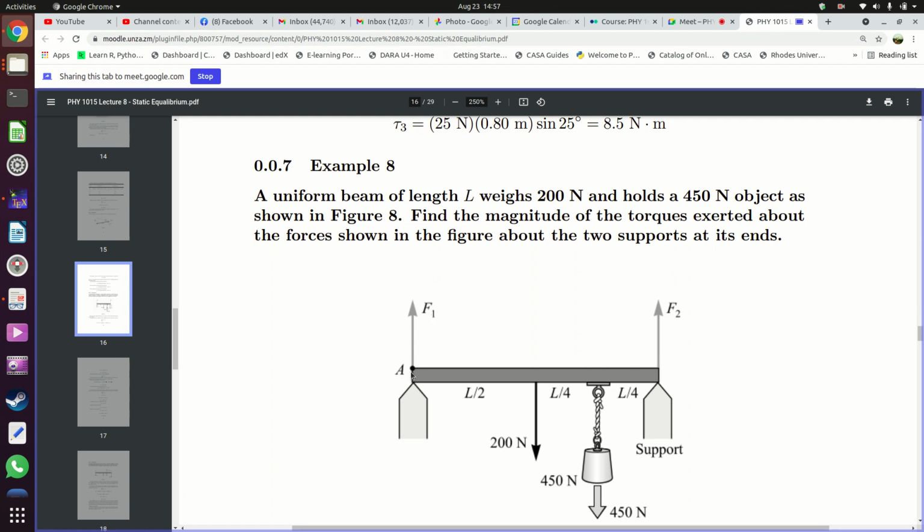If I choose A to be the pivot, there is only one force passing through this point, which is F1. So F1 will not produce any torque. But this one will produce a torque because, if this is the pivot, we've got a distance from there to there. The distance is going to be L over 2 multiplied by this particular force times the angle here, 90